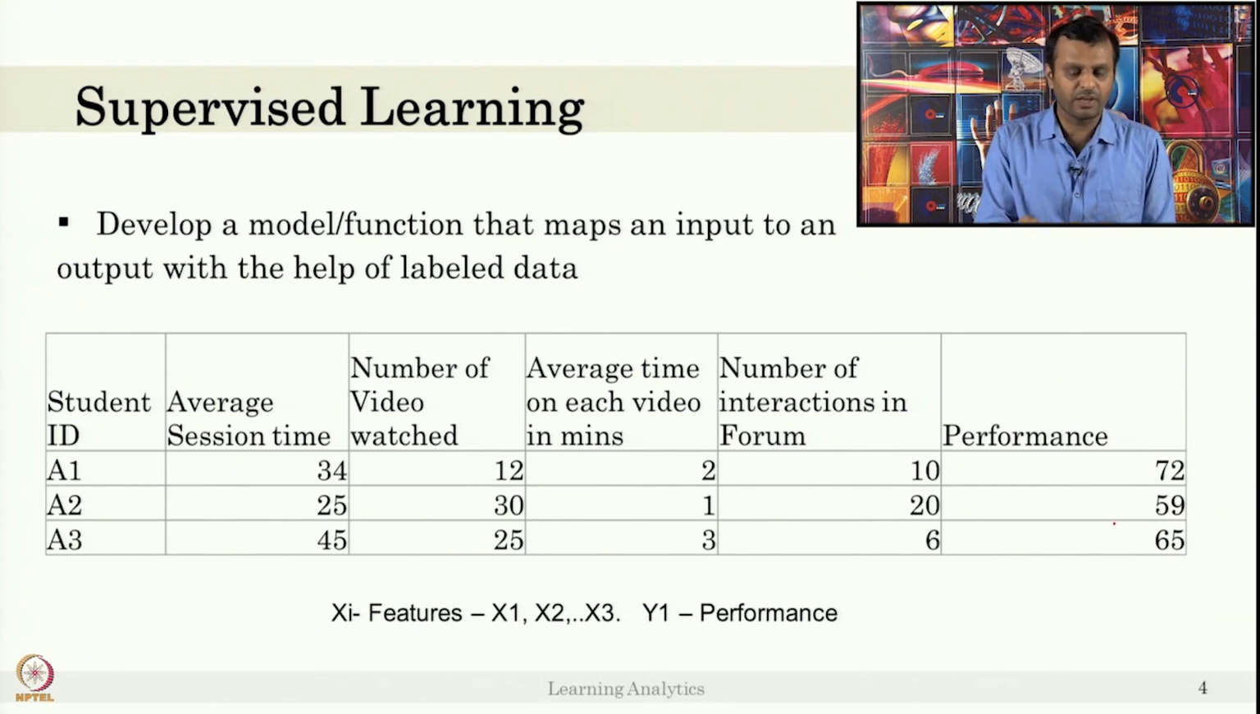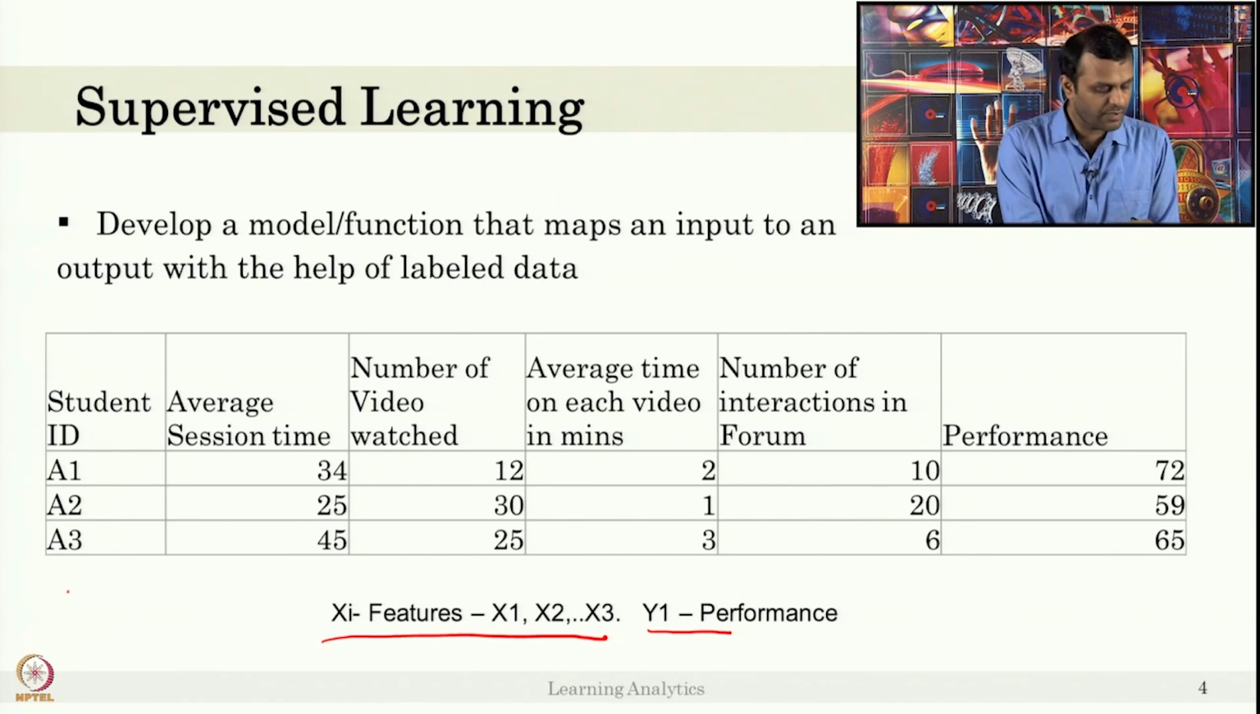These are all independent values. So we call that y, the performance, as the label y, and the features x1, x2, x3, x4. Here I have students A1, A2, A3. Now we want to create a model for this data, so that if a new student A4 comes with, say,